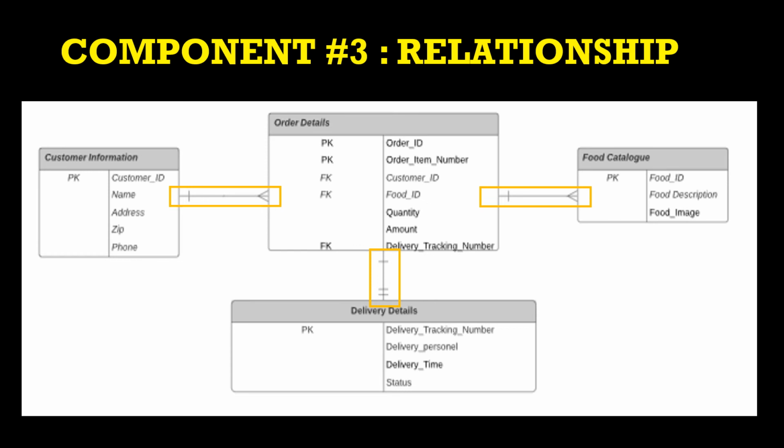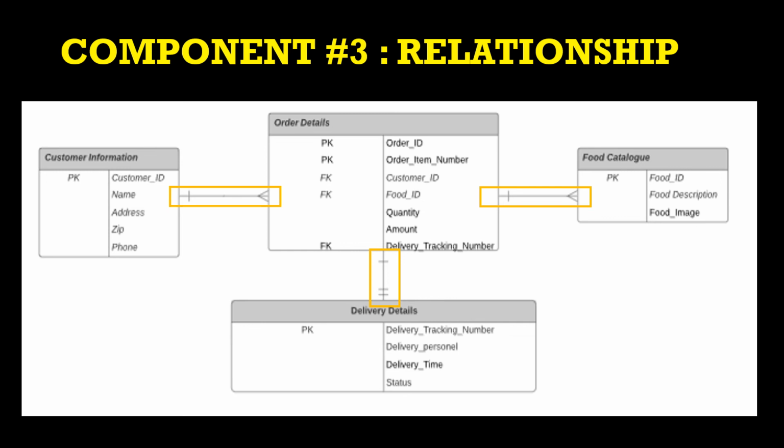Now let's look at the second relationship type number 2, one-to-one. Between order details and delivery details, there can be a single delivery for a single order. That is, the delivery person would deliver the whole order and the relationship between these 2 entities is one-to-one only. This means that one order can have only one delivery tracking number. It is denoted by one-to-one symbol as shown in the ER diagram.